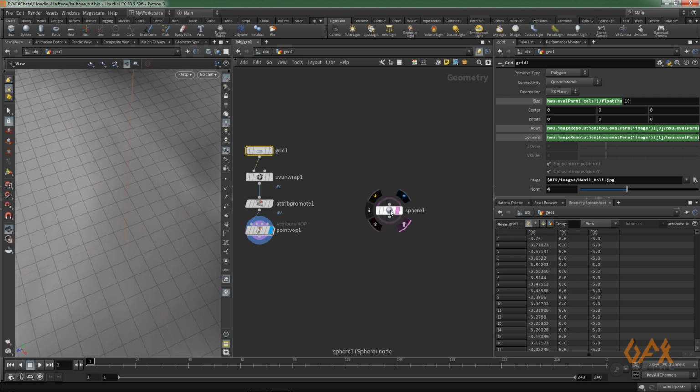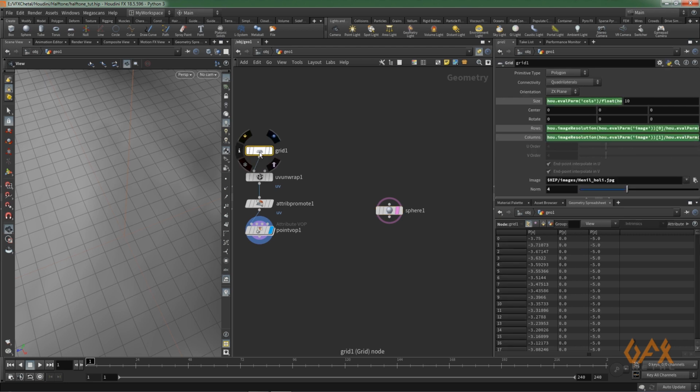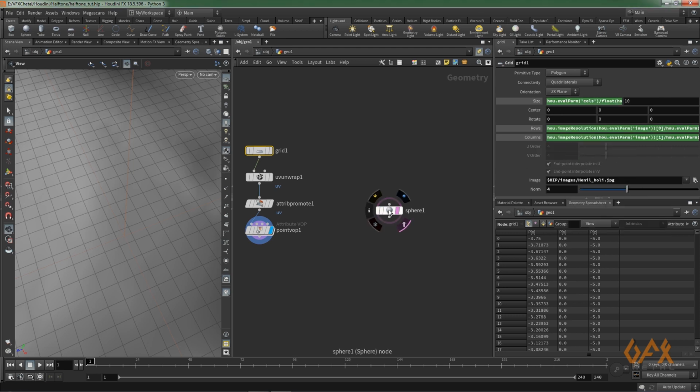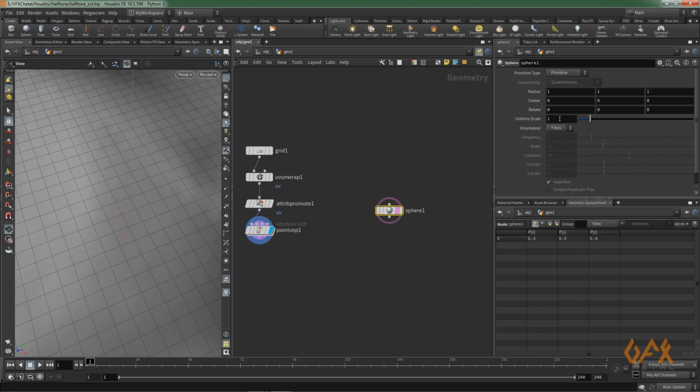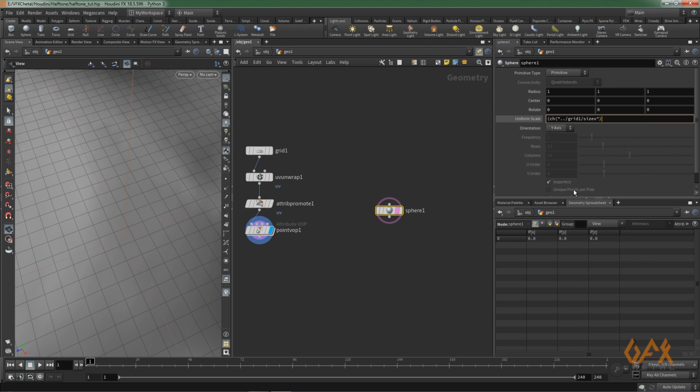For that purpose I just select this thing, and I also select this thing. So I just come over here, click copy parameter, and I again come to sphere, create one bracket, right click, paste relative reference, divide by.